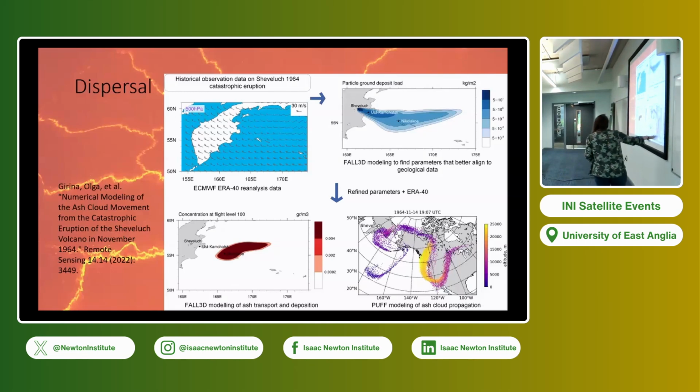So this is an example of the ash cloud from an eruption in Alaska, Chilliwack. So you can see the ground deposits. So we know which direction the wind is blowing, for example. This is the concentration at flight level. Obviously, when it gets to this stage, we're very interested in the ash in the atmosphere because of planes. And particularly, there's a lot of planes going over Alaska. So even though not many people live there, there's a lot of monitoring that goes on because it's a major